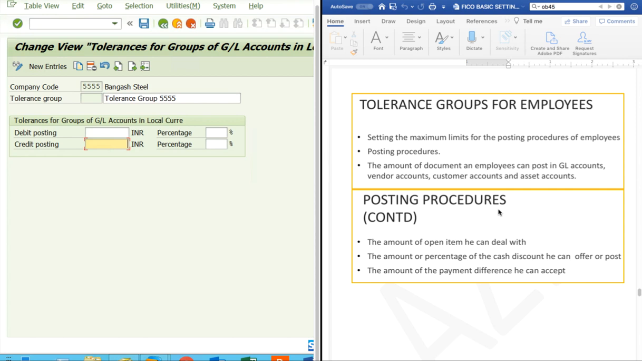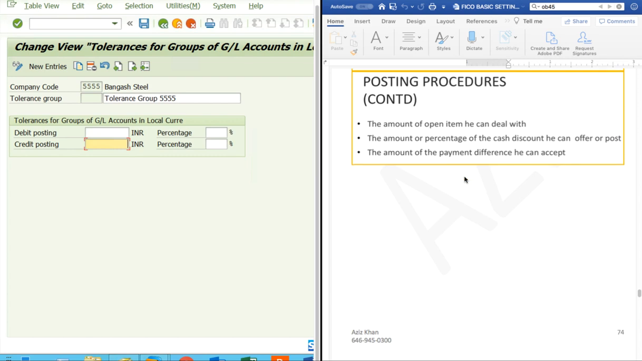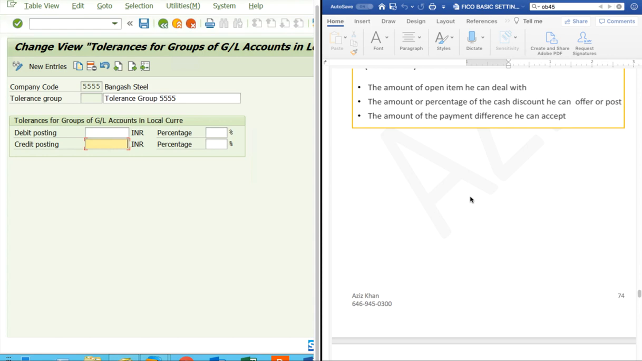How maximum amount of a vendor invoice or a customer invoice or any assets accounts you can post. We will cover vendor and customer in future, right? So what is the posting procedure? Like how much amount you can post as open item, how much discount you can give, how much payment difference you can accept, right? If you log into your SAP with your username and password,